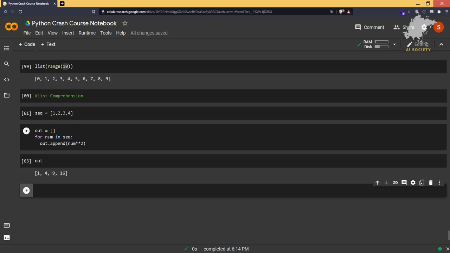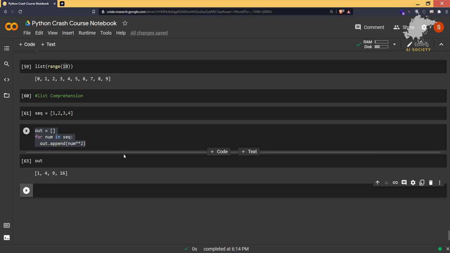Just to square the elements, we are wasting 3 memories here. First is this empty list. Second, we are wasting CPU by calculating using the for loop. Third, we are appending it. One more operation is getting started because of the append operation. So a lot of things are going on in these 4 lines of code. So how does list comprehension do that? It is going to remove all this code, and we just have to implement the list comprehension.